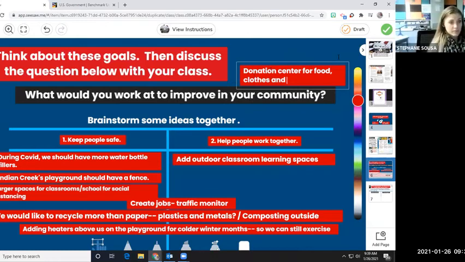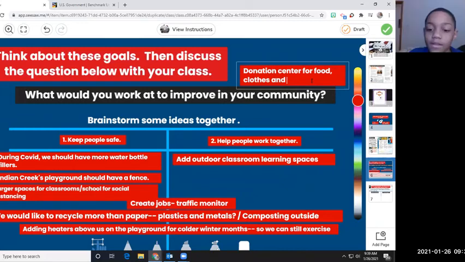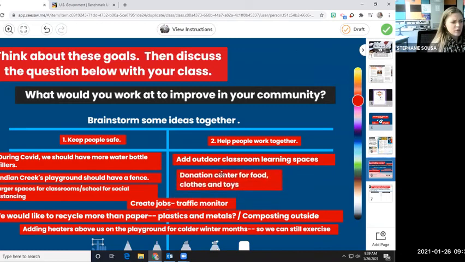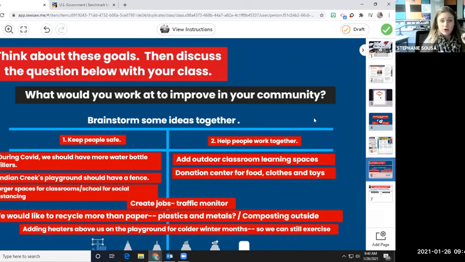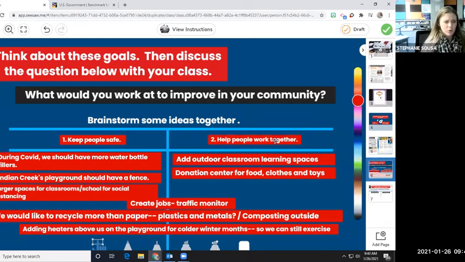That I don't want, toys too. Toys. Yeah, that'd be awesome. And what a great way to work together, right? And maybe you're a third grader and you outgrow your small t-shirt, but it's still really nice. It's still in good condition. And you could give it to another third grader that's about that size. Or next year, when you're a fourth grader, you could pass that down. Awesome. A donation center, that would help people work together.